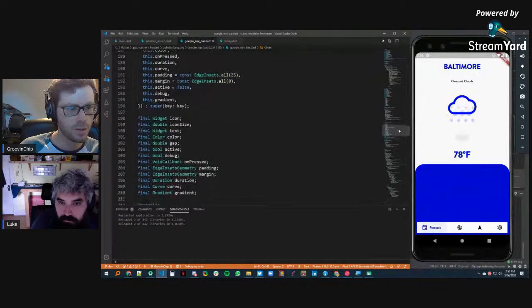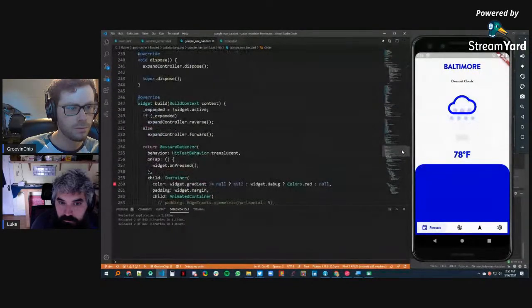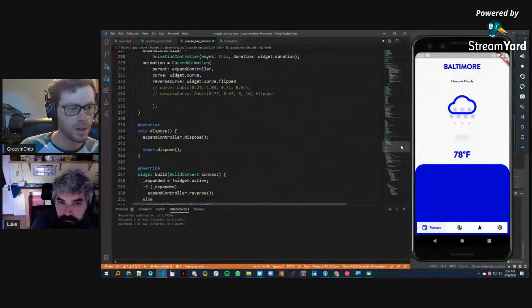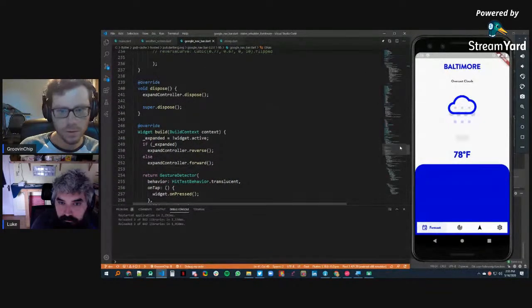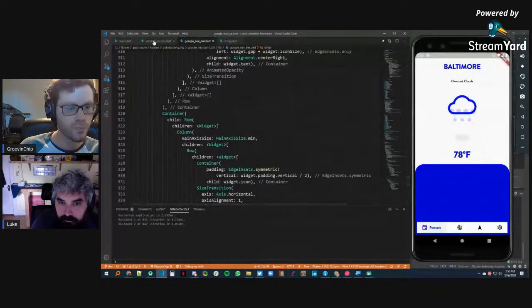It has its own button. It has an animation. Anyway,